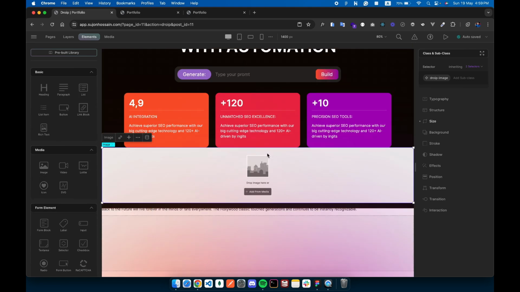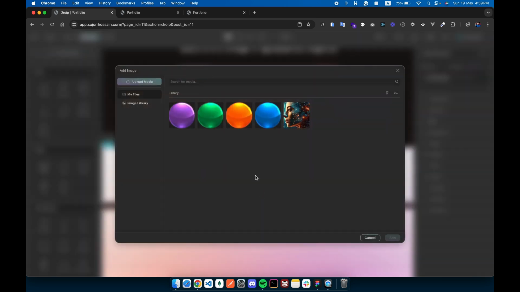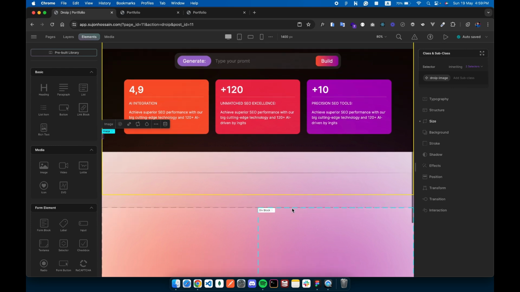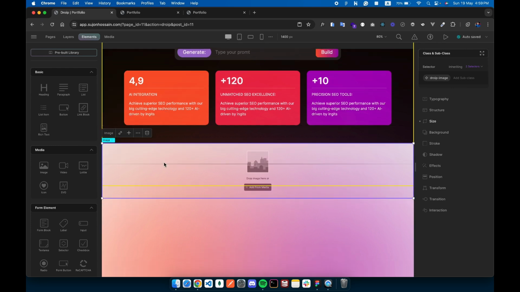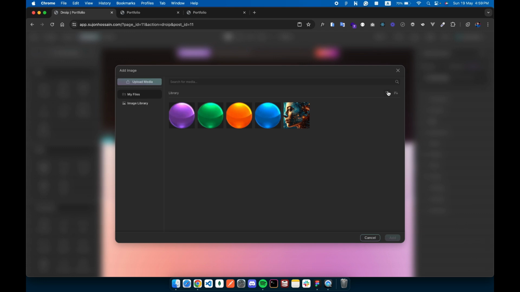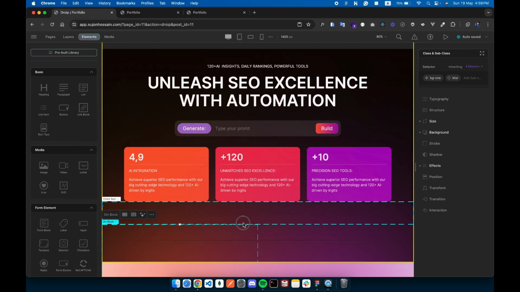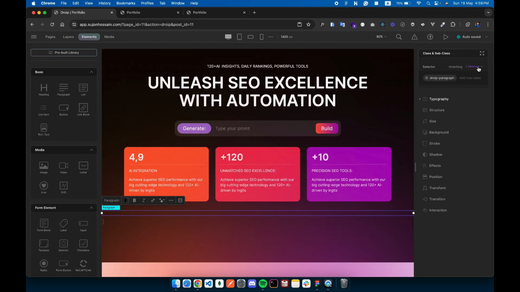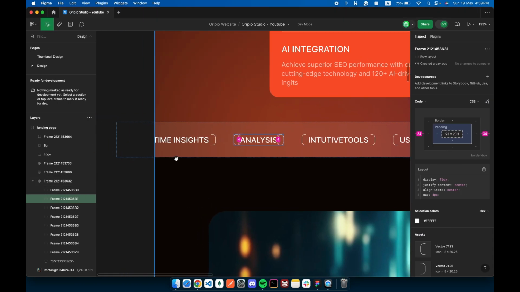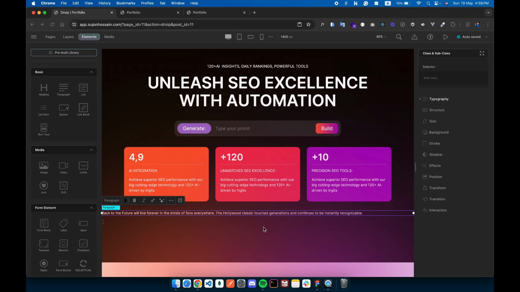So click here, here is an empty element, and select this SVG. You can see there are two parts, one is the left shape, another is the right shape. I am going to add the left shape for this part. You can see this is the left shape, and I'm going to add the right shape to this part. So I hope it's now visible. Yeah, so I'm going to detach this name. Okay, then copy this text from here